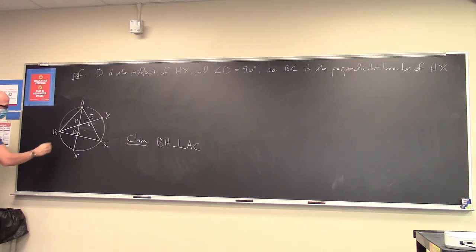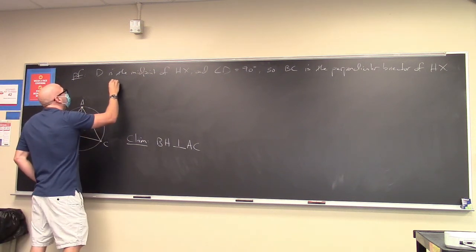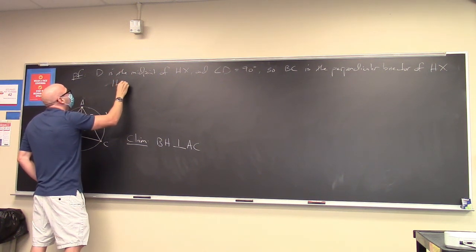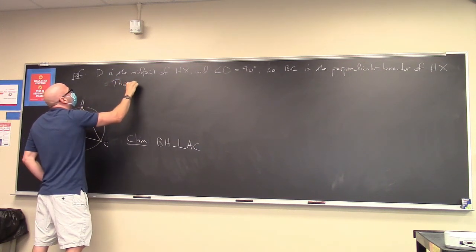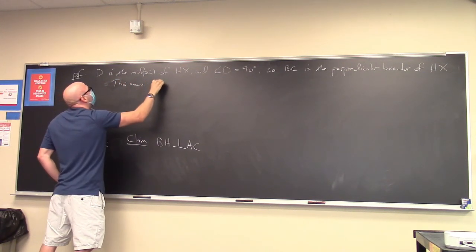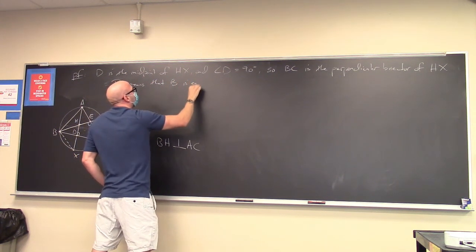What does that mean? Well, that means that in particular, B is equidistant from H and X, right? So it follows then. Let's just say this means that B is equidistant